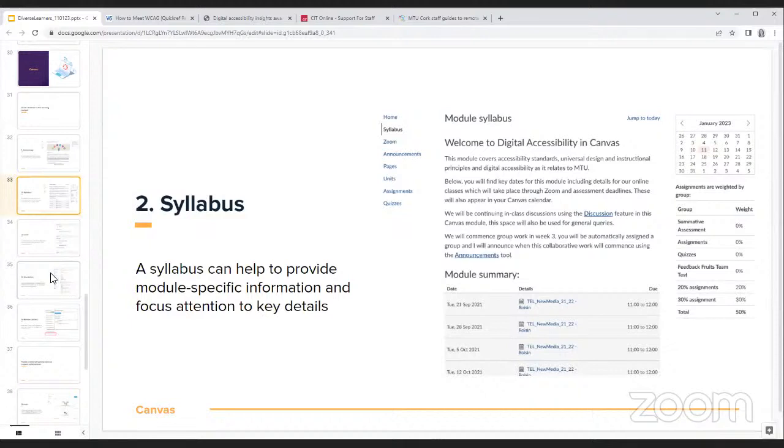Any marks that you might have made available to your students within Canvas would be shown on the right. If you don't do this through Canvas, that's okay as well. That would just be empty. You have your module calendar up on the right, and you still have access to your module navigation on the left as well. So it can just be a handy way of adding, as I said, module specific information, but maybe some parts of it might be reusable as well for